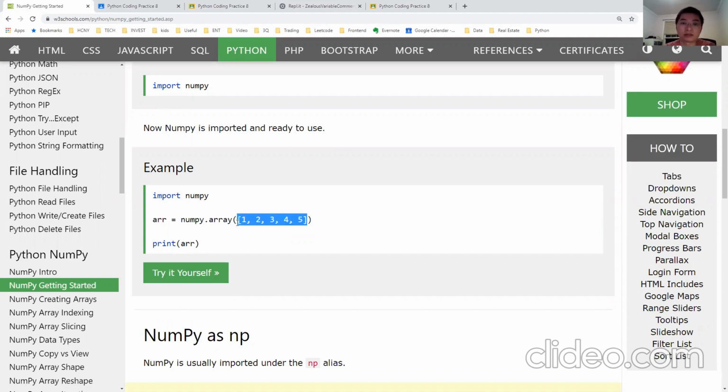It looks like a list, where you're in a square bracket. Here, very important, we're using a function called array. Because you see the brackets, right? When there are brackets, it's a function call.